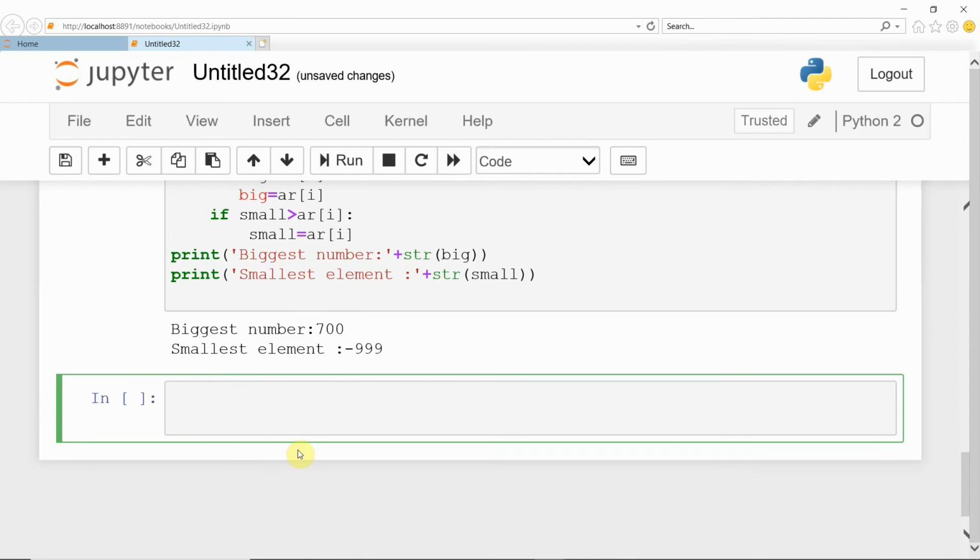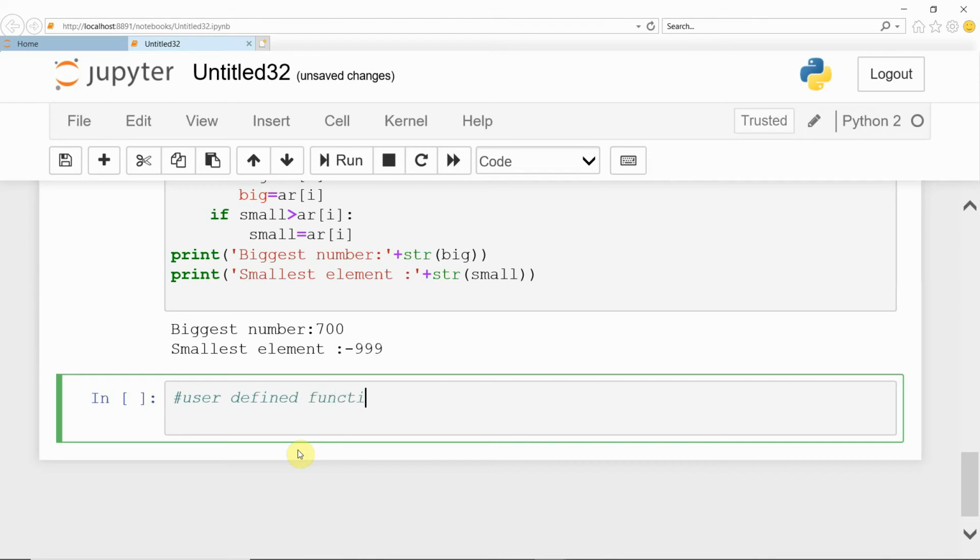Now we work with some example programs of user-defined functions. You know that user-defined functions are a small code which is stored apart from the main function.